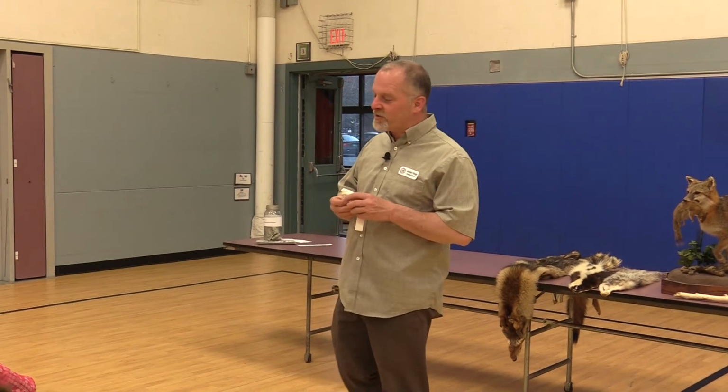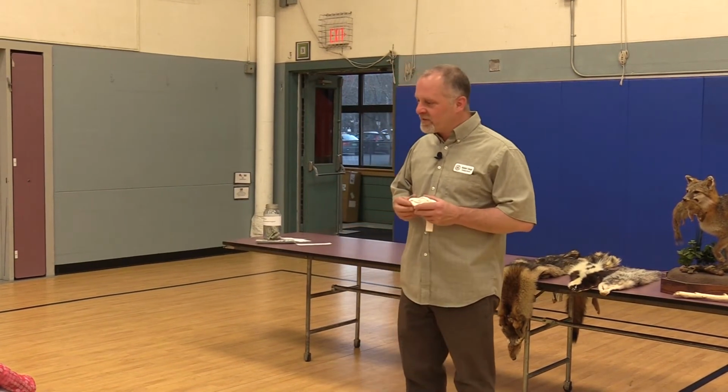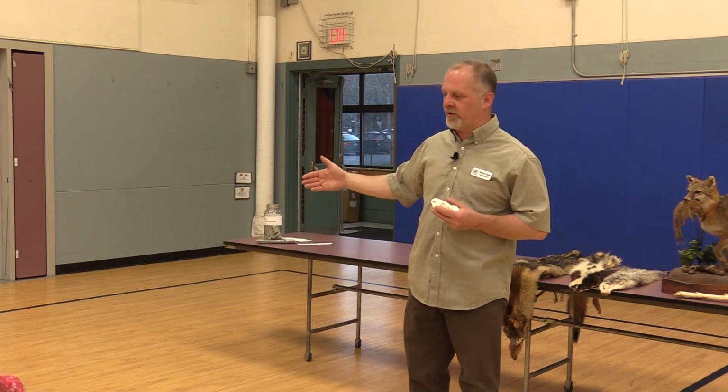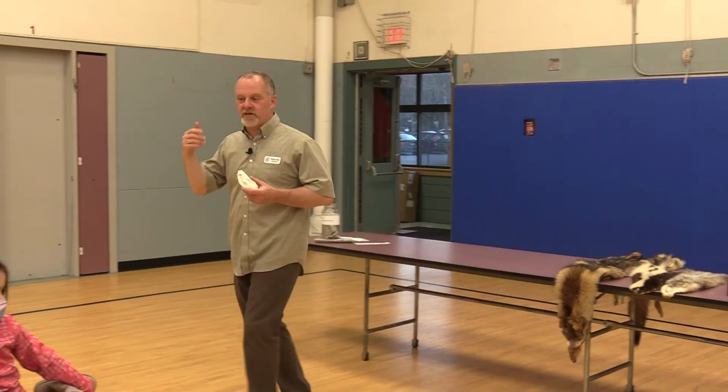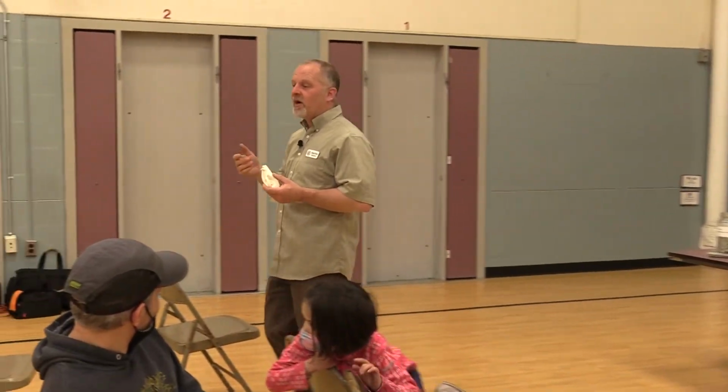A skunk under your shed? What a great place for a skunk to live, from the skunk's point of view. Well, kind of under the chicken coop, right? Oh, under the chicken coop? That's nice too, yeah. A lot of times we'll see animals hanging around chicken coops: skunks, possums, owls,